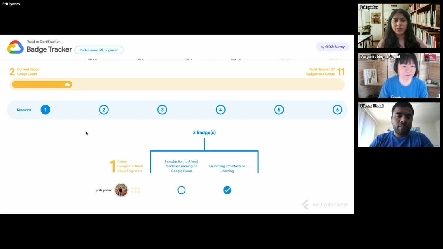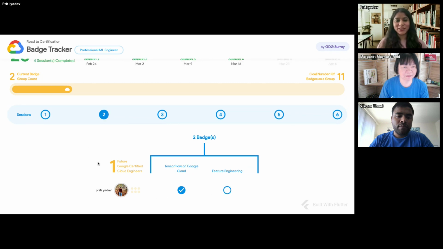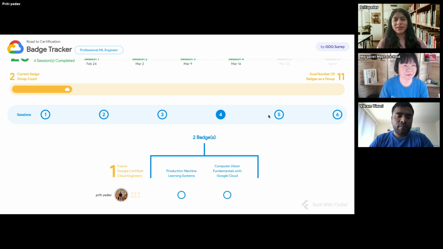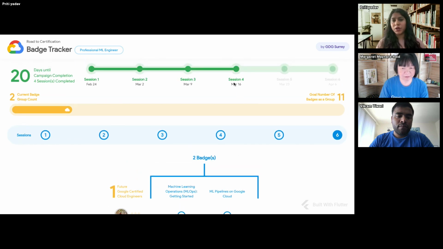So like in my case, I'm about to complete it. Don't judge me, okay? I'm about to complete the courses for session 1 and session 2. The feature engineering is still left. So to qualify for the vouchers, which is the good news, please go through all the courses and let us know your profile. We'll integrate it so that we can track your progress. We are on session 4.